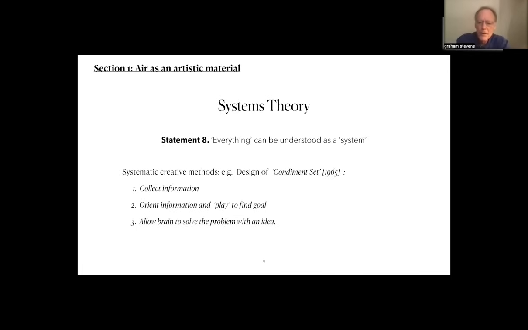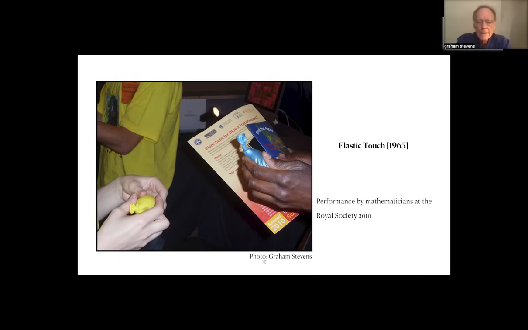And I remember following this system back in '65, for a condiment set, I came up with the idea of putting salt, pepper, and vinegar in a toy balloon. And I remember the instant this idea came to me after I'd been thinking about it, playing around with ideas, various other systems. But then as I was crossing a street with 1 foot off the curb, judging the speed of an approaching car as to whether I could get across the street, then this flash of realization came